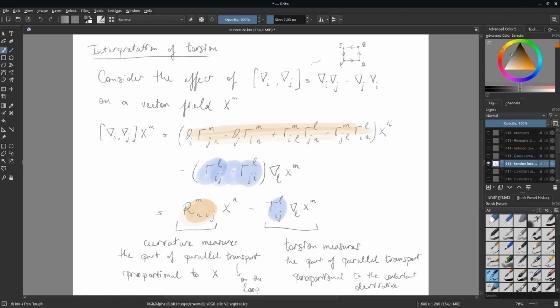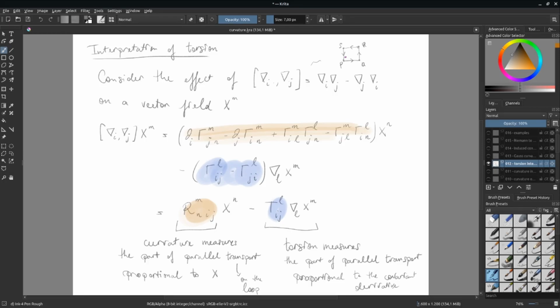So we're still going along this rectangle, but instead of taking two different paths to R, we're just taking P, then to Q, to R, to S, and then back to P. And we'll look at the difference between the vector V after being transported through this path and how it originally was. And again, if there is curvature or torsion, we should see something. It turns out that if you do the calculation, and I saved you some brain cells here by not running it all,